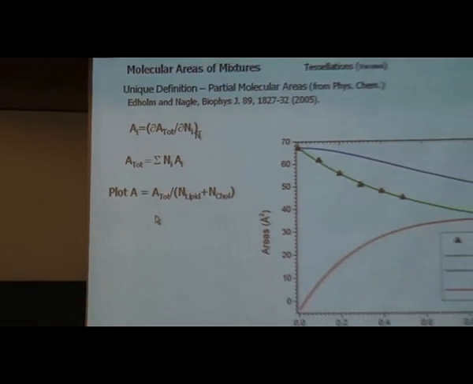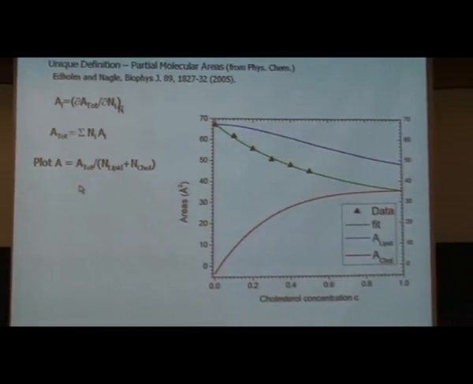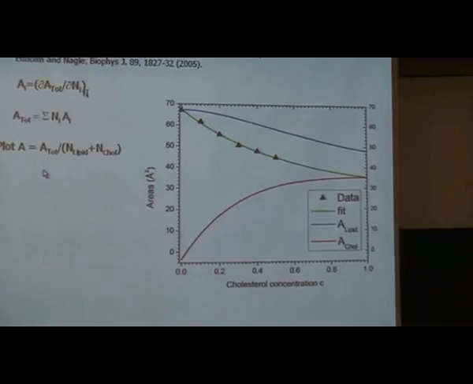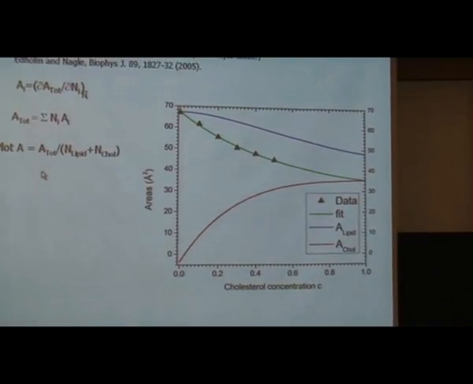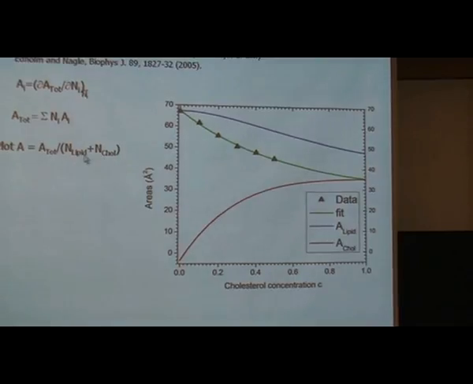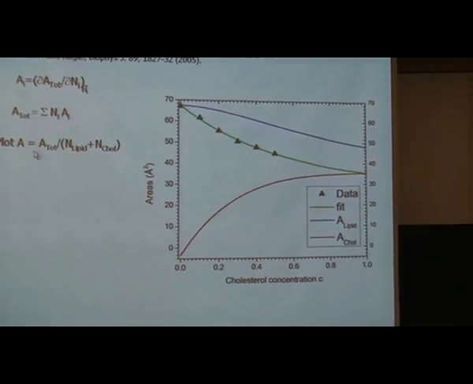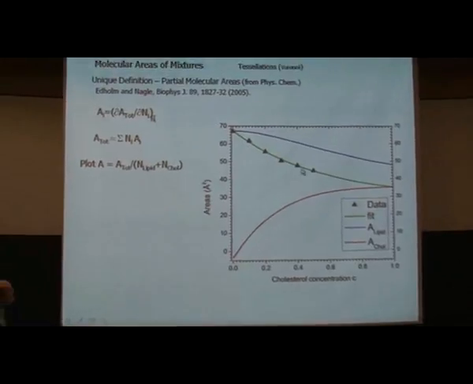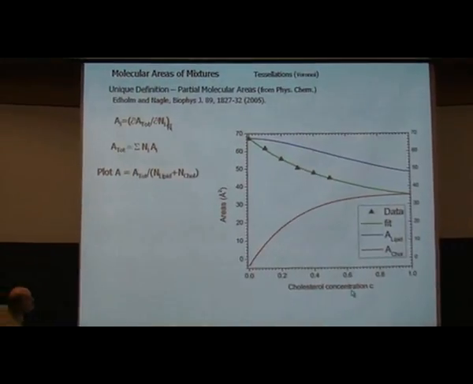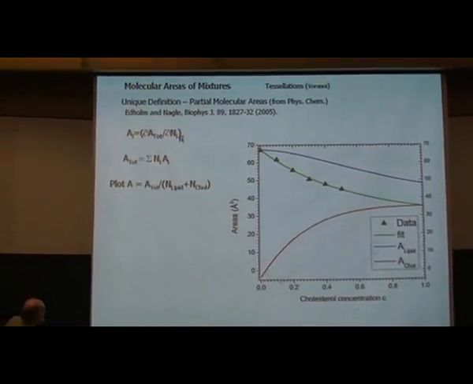Ollie and I published using simulations 4 years ago, and as we were finishing this work up, I realized that in the last sentence of our paper, I had put in the comment that we really should do it with experiments if we could, and we can't. So this is going to show what happens experimentally. We plot the area per total number of molecules, both lipids and cholesterol. Those are these symbols over here. And we plot them versus the cholesterol concentration.